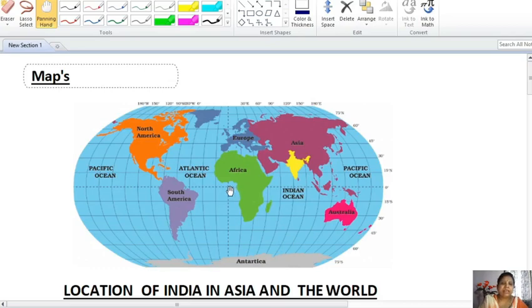And here again the whole globe is divided into four divisions. This is the northeastern hemisphere, northwestern hemisphere. When you come under south, the right side is the southeastern hemisphere and the left side of your part is known as the southwestern hemisphere. So where India is located is the northeastern hemisphere and this is Asia, and India is located in the south of Asia.